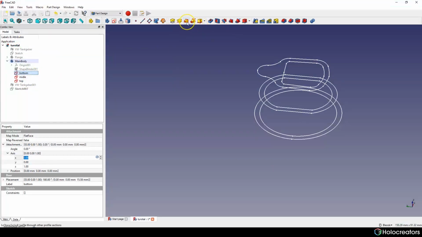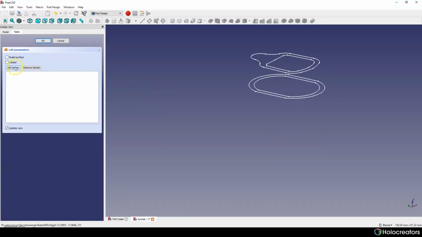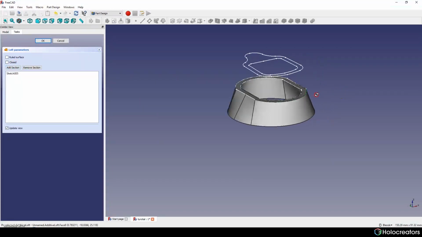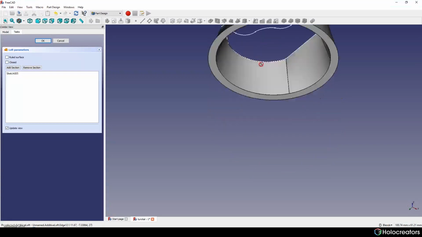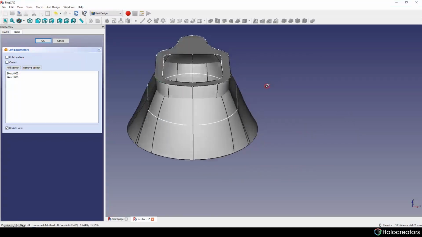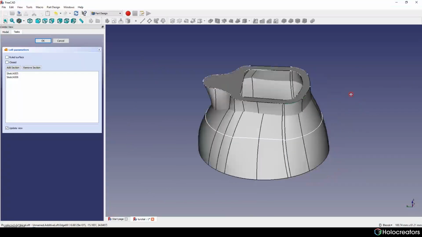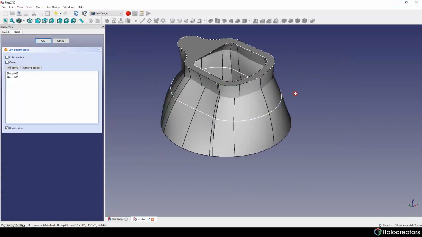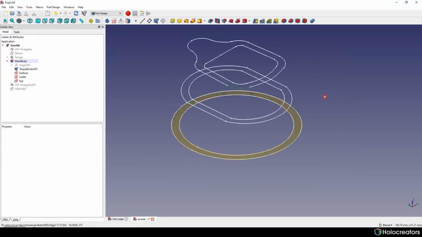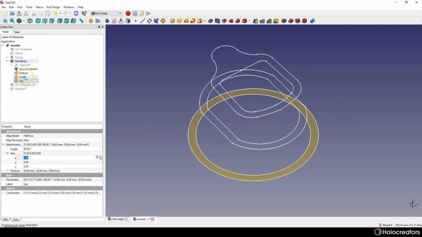Okay, and we're gonna use this, and we will choose one by one, just pressing add section, and it creates for us this curvy shape. Let's do the next one. And for some reason it doesn't work nicely. We can try to do it in the opposite direction, from top to bottom.